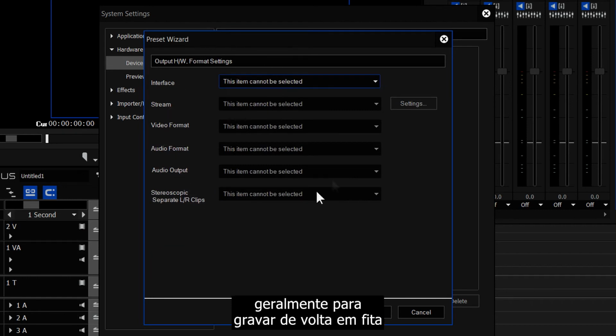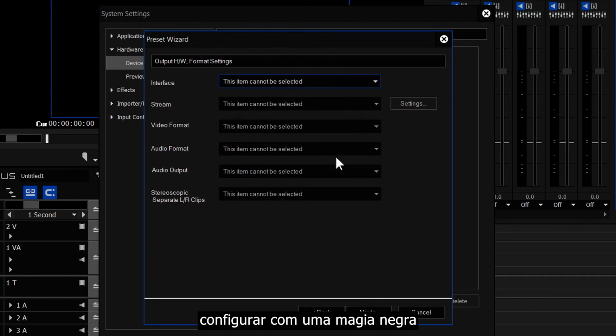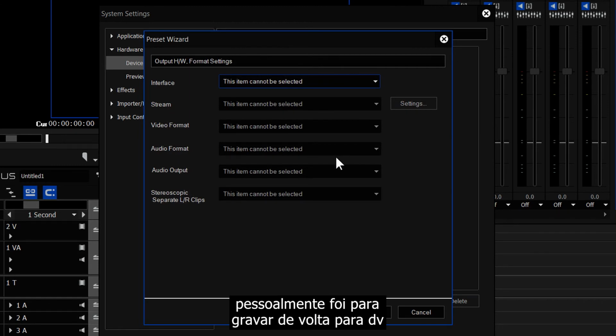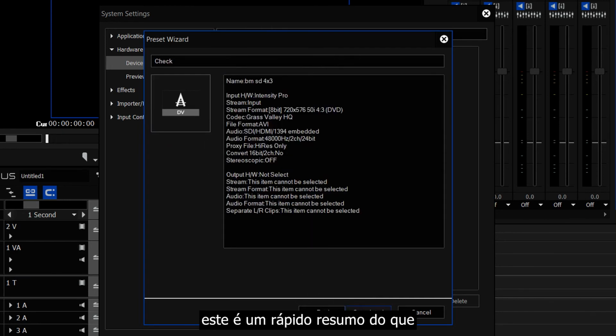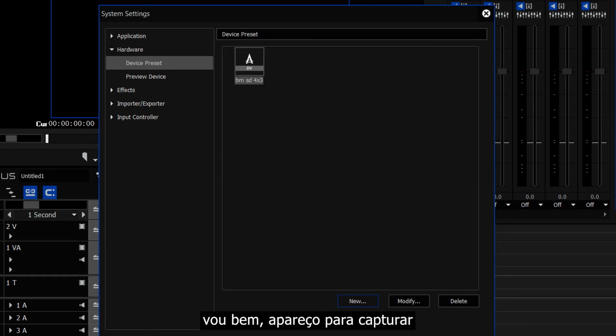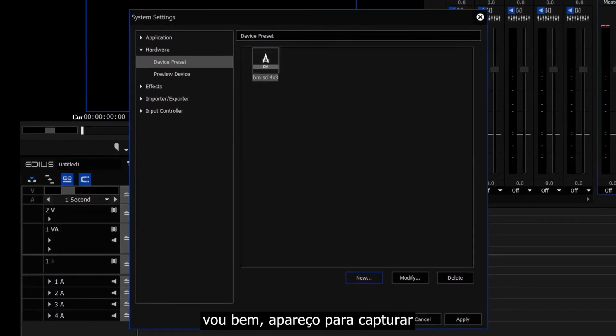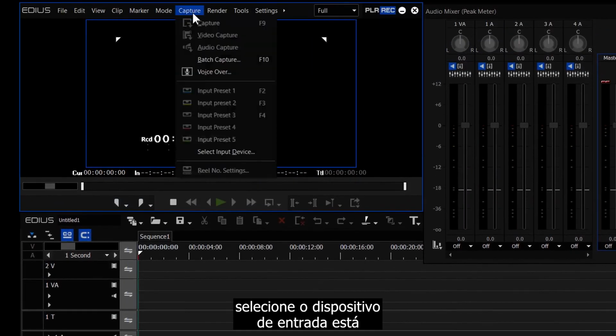This hardware output thing is generally for recording back to tape, and there really is nothing to set up with it with a Blackmagic card. The only time I ever used this personally was for recording back to DV, and you don't do DV in EDIUS X anymore, so I don't bother with it. So generally I just click next. And that's it. Quick summary of what you've done. It's ready to go. If I then want to capture from that thing, I go OK, pop up to capture,